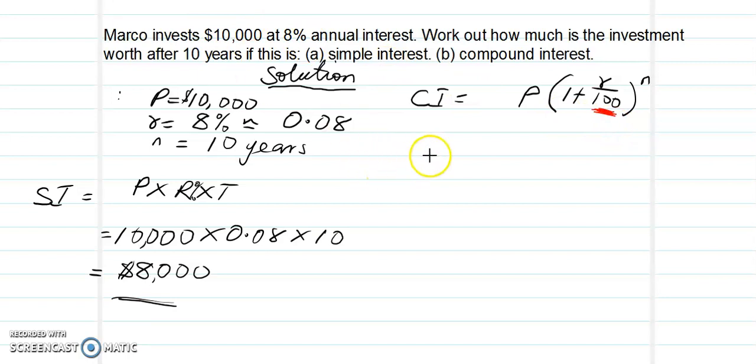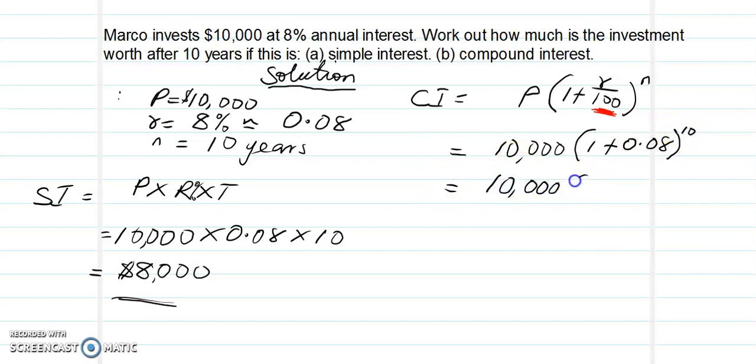So for us to solve this, P is $10,000, R is 8%, and 8 over 100 is 0.08. And N is 10. So we have $10,000 times, add this, 1.08